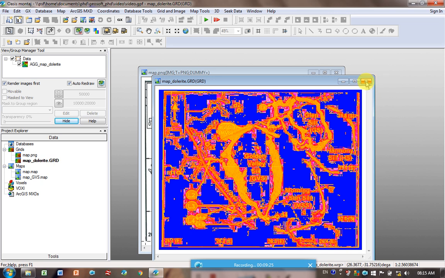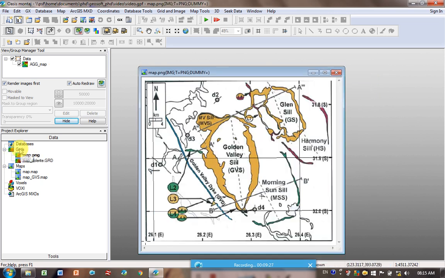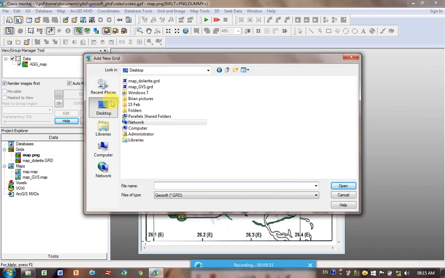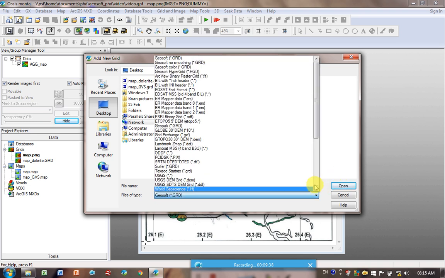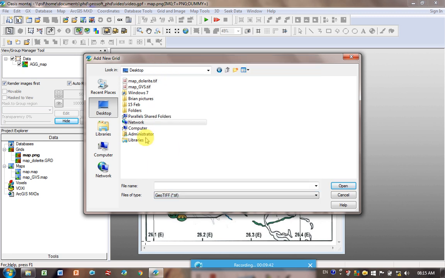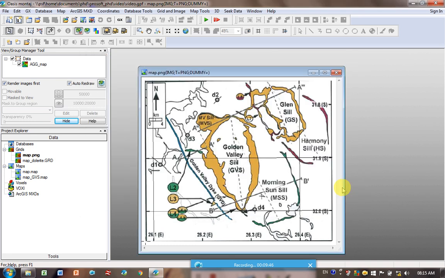Again, it doesn't load it in. I'm going to close that one, go back to grids, right click, add grids. I can navigate into where I saved the TIFF file. I go to my desktop, it's not here, don't stress. It's because your file type is not selected for geotiff. Geotiff is up here. You can see it appears. I click on map $right TIFF, open,